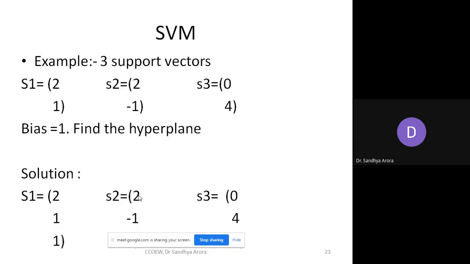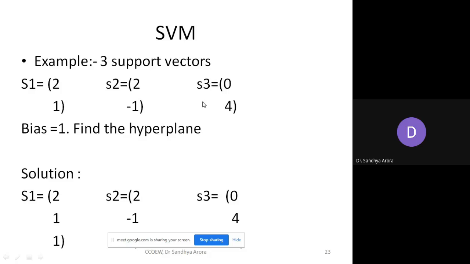Okay, so I have taken one example from Google only. I have specified the link also, maybe you can watch the video clearly later. So now what we talked about is that support vectors help to maximize the margin. For example, if you have these support vectors, (2, 1), (2, -1), and (4, 0), you have to find out the hyperplane equation for which these are the support vectors.